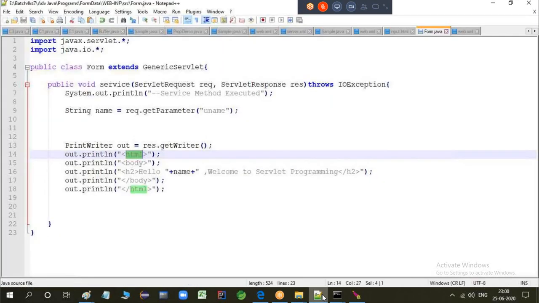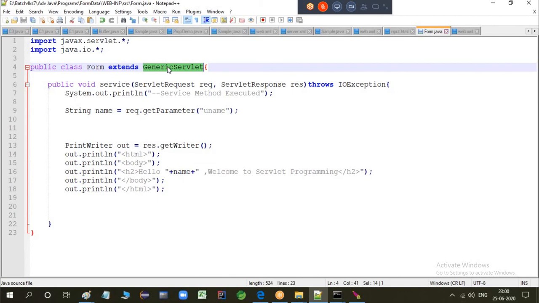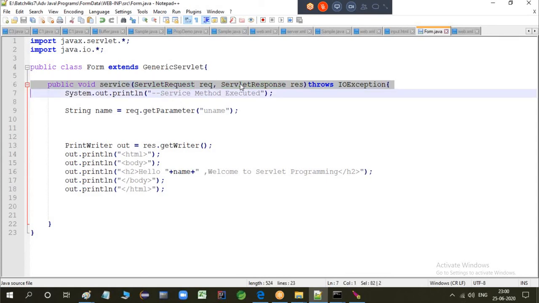Now your job is to write a class extending HttpServlet. Even if you write the service method, that's fine, but change it to HttpServletRequest and HttpServletResponse. Tomorrow we will see that example definitely, but you try this now, even without the form. Create a simple class which extends HttpServlet, override the service method, write some data, compile, deploy, run the server and see.